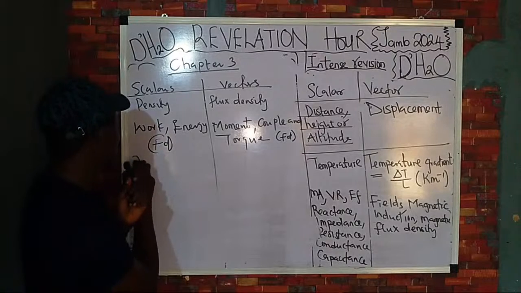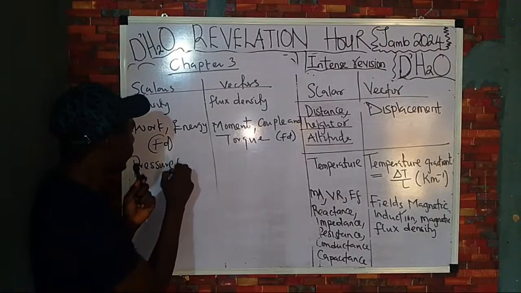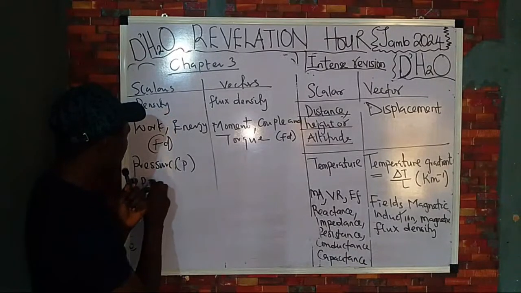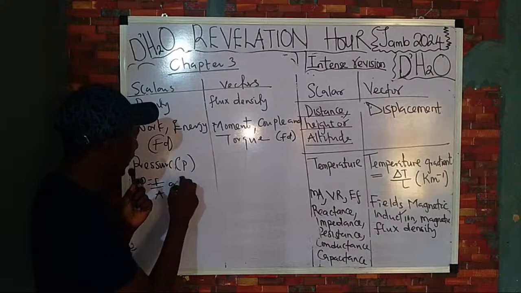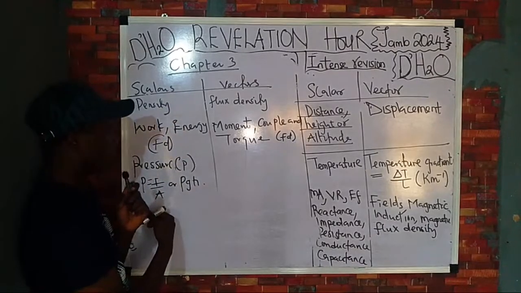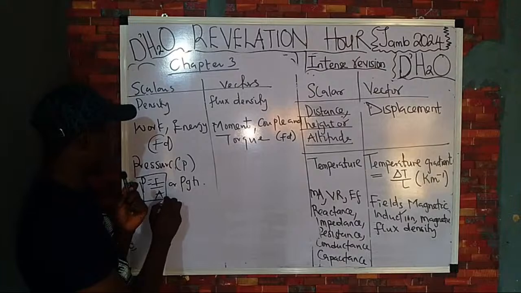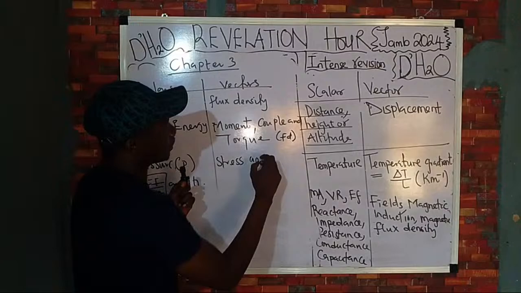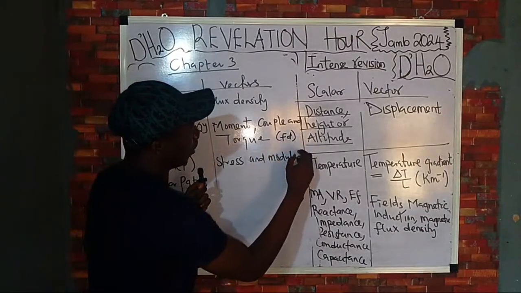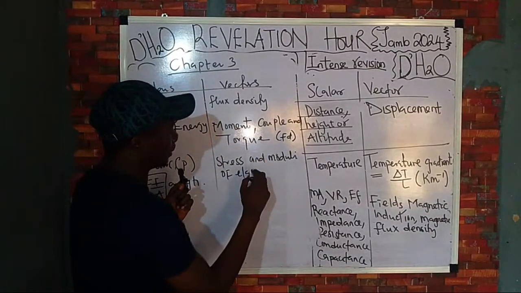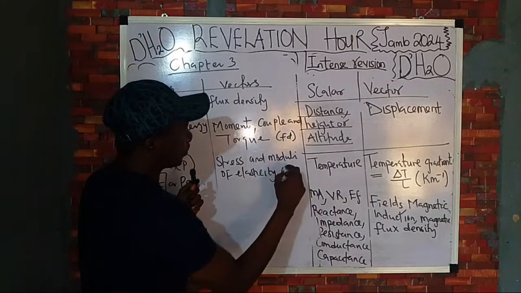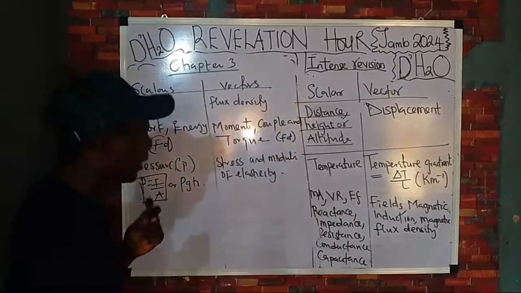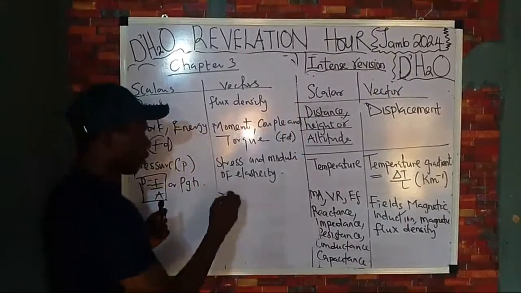Now, if I write for you pressure, what is the formula for pressure? Pressure has two basic formulas. It is force over area, or density times gravity times depth. Okay, now if we work with force over area, we'll find out that stress and moduli, wow, moduli of elasticity are what? They are vector. Moduli of elasticity are vector. When I say moduli, what am I talking about? I'm talking about Young's